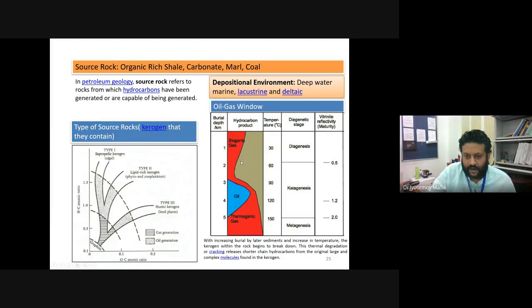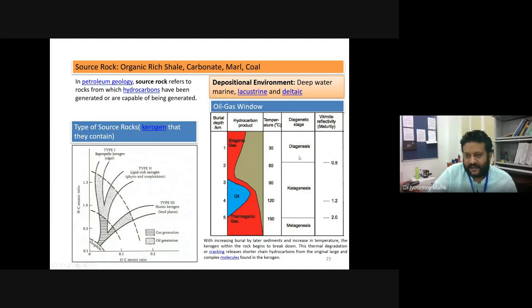Say, for example, if my source rock is buried at a depth of 1 kilometer, 1.5 kilometer, there will be some gases coming out from the kerogen, but that gas is biogenic gas. It's not abundant in quantity. Biogenic gases do generate because of the working of the bacteria on such kerogen. So this does not generally come out because of the cooking of the source rock. This generally comes out because of the act of bacteria on the source rock.